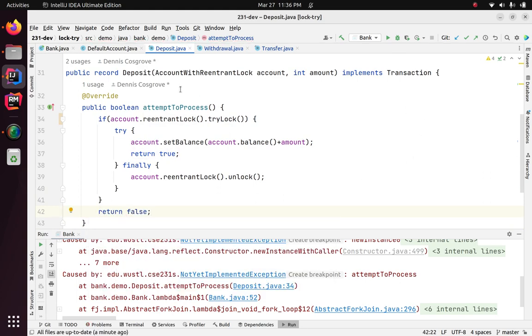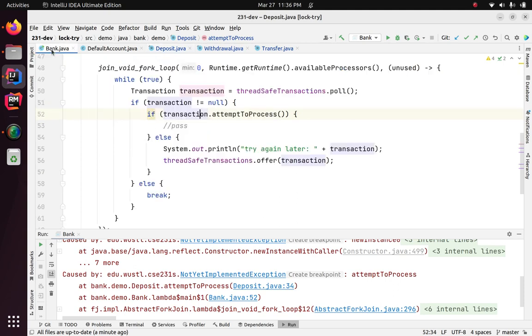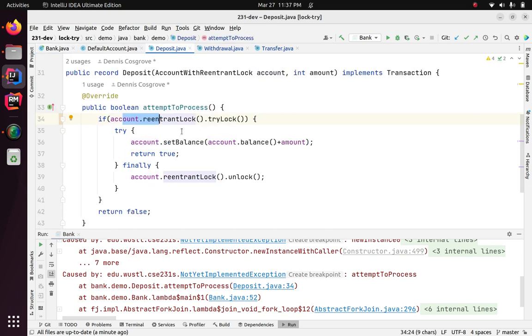So I am attempting to process this transaction. It's a deposit. This account is not thread safe, so I'm going to be reading and writing to this. I'm in the midst of this bank program where everybody is taking these transactions, and another transaction might be operating on the same account, right? So I want to get the lock. If some other thread has this account's lock, then don't do anything. Return false, and